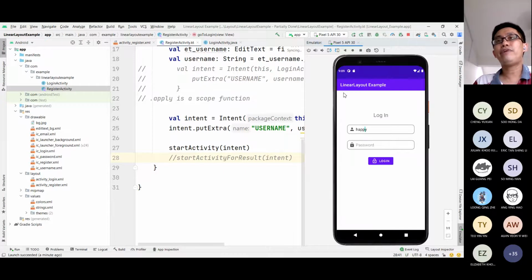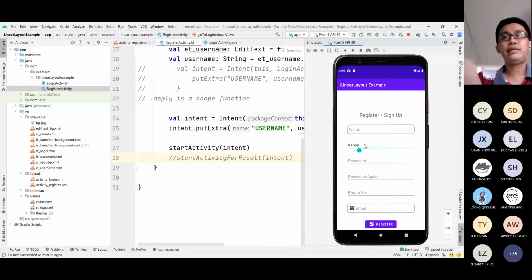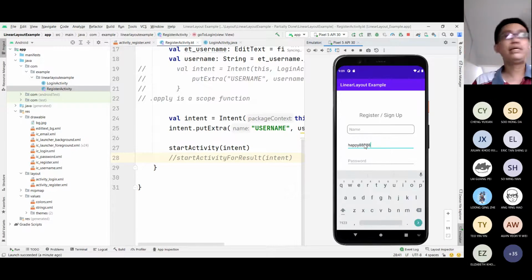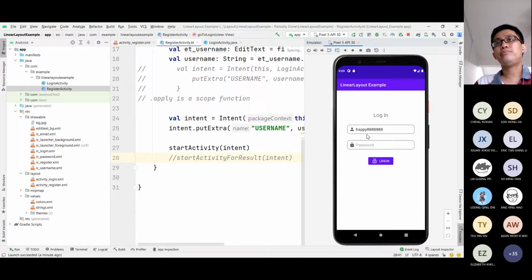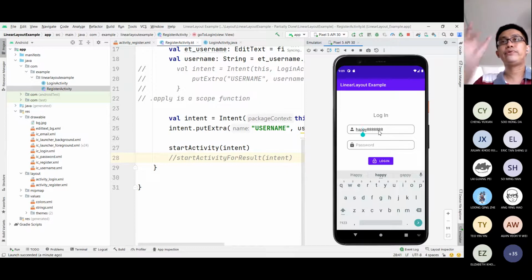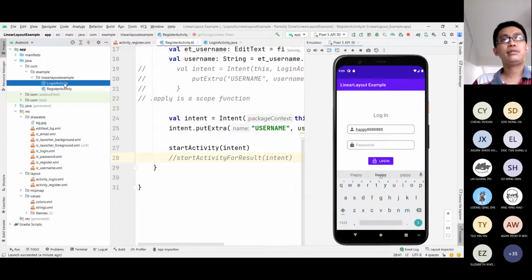Understand? You see? If I go back and change it to something else, Happy 888, and I sign up again, log in again, register again, it will be pre-filled with the value. So how is that value obtained in the login screen? Using this